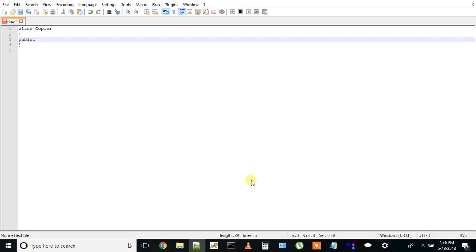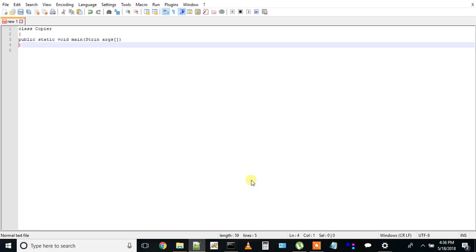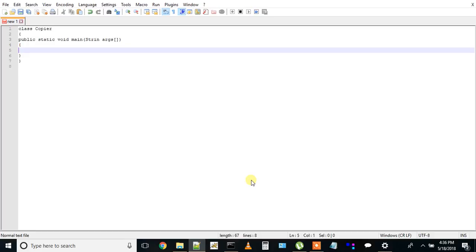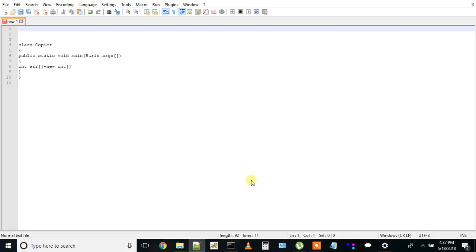Then public static void main, creating an array, integer array, now we will make